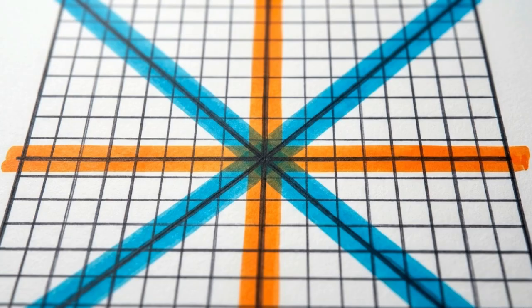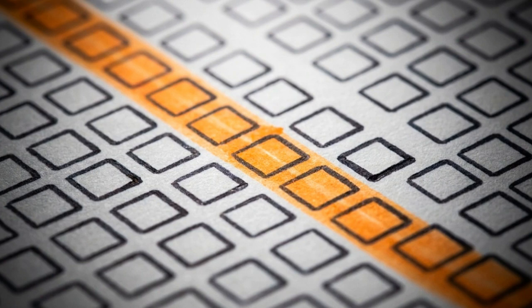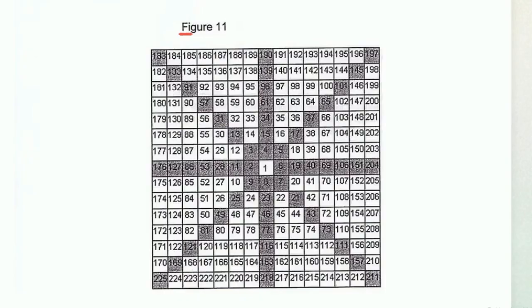Gann categorized these primary structural lines as the diagonal cross and the cardinal cross. These are not decorative shapes. They represent the mathematical dividing lines where market momentum is most likely to encounter a shift. By identifying which numbers fall on these specific crosses, the goal is to define high-probability pivot points based on the square's internal geometry. Figure 11 shows the diagonal cross forming an X shape from corner to corner, housing the key